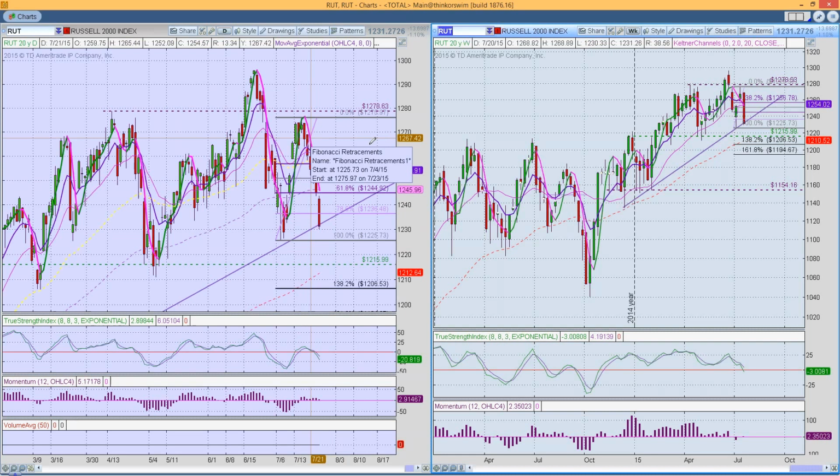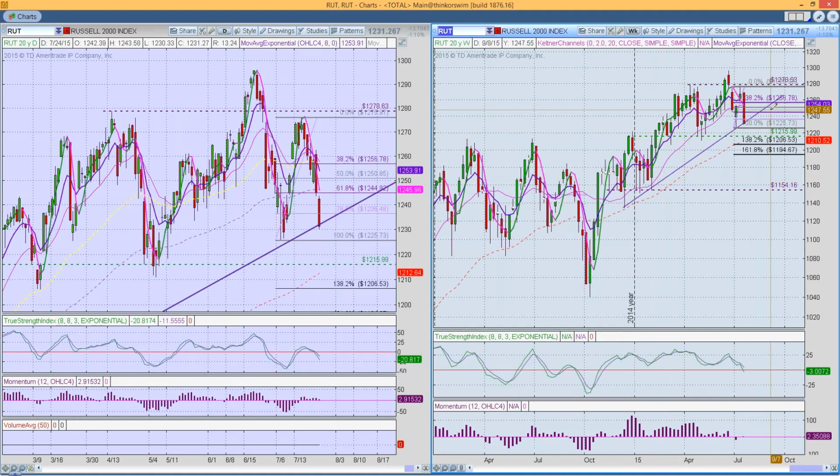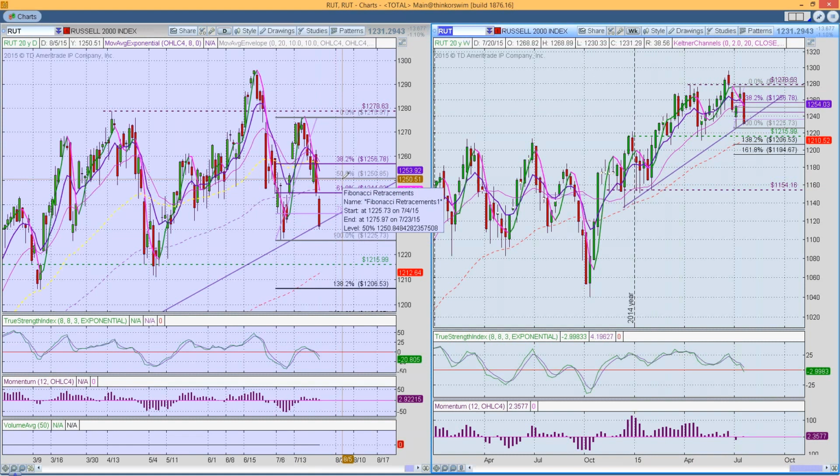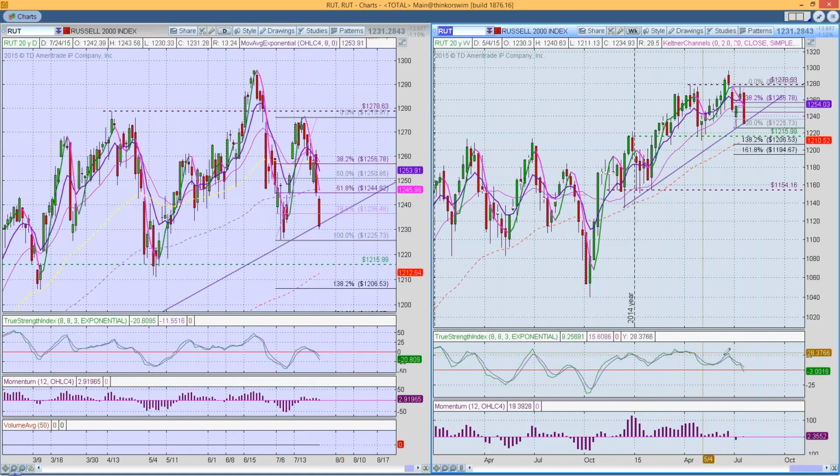We shall see. It is back at this level of support from the uptrend line, and we'll see if it retakes the 78.6, then that typically means that we're going to at least go back up and test the 61 or maybe even the 50. So we'll see what is in store for that. The Russell may be able to come back all the way down here to the 1215 level, and we'll be watching that.